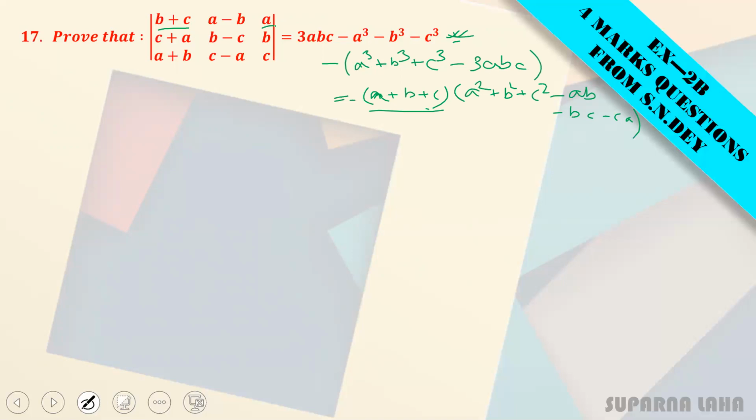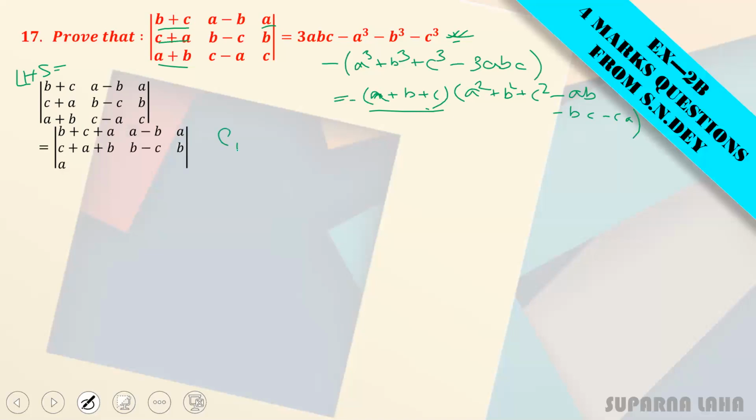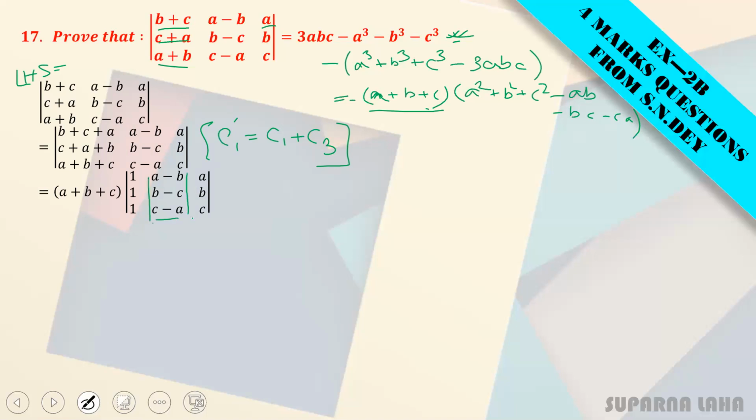And the same for these two terms also. So firstly, write down this operation. That starts with LHS. Write down LHS first and then apply the operation. That is, column 1 dash is given by C1 plus C3. So after applying it, you will find this A plus B plus C, take common. Okay. Now look here. Again, you can apply the addition rule. That is, only this column is different.